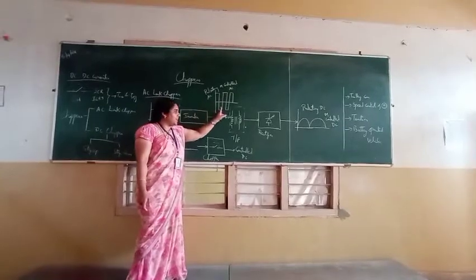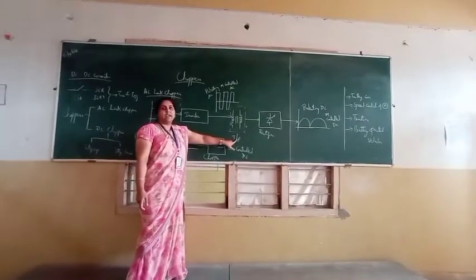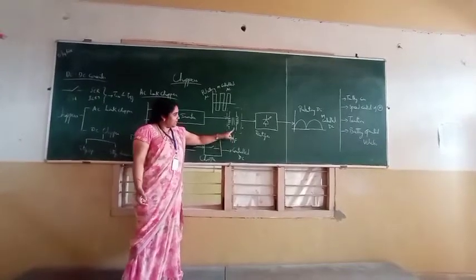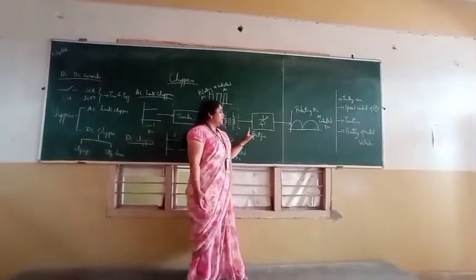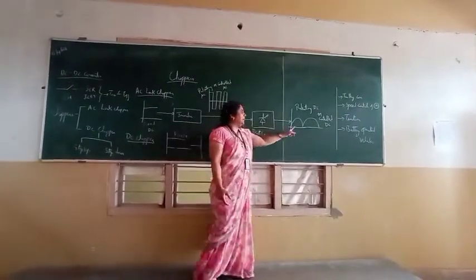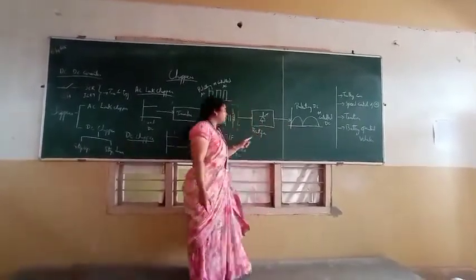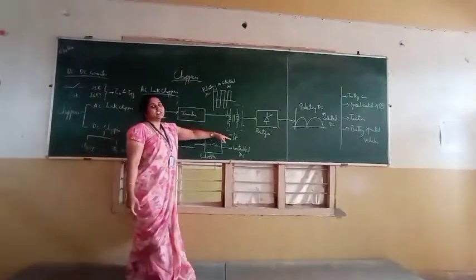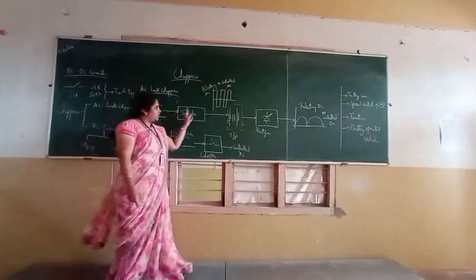This controlled AC is given to a transformer, where we can step down or step up based on the application, and that is given to a rectifier. The rectifier converts this pulsating AC into a pulsating DC. So in this circuit, we can find two stage conversions from DC to AC,